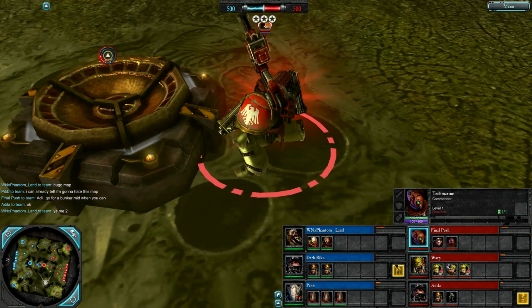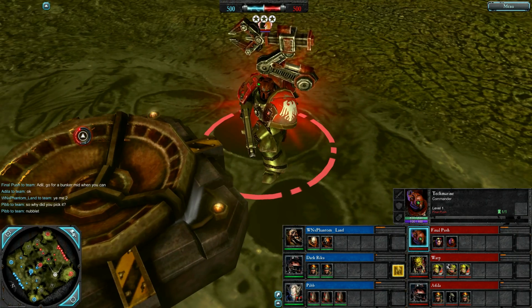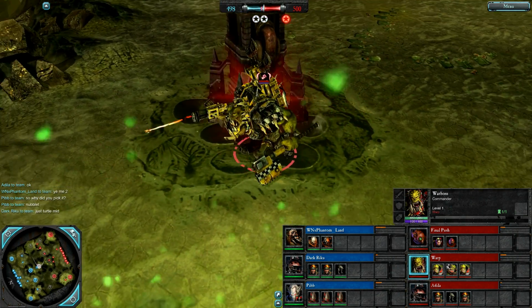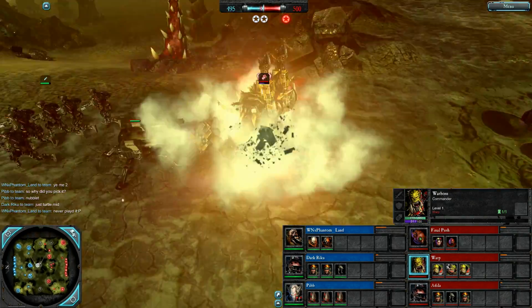Red team, Final Push is a Techmarine. Starts off range combat, puts out some nice damage, also good utility, can build structures and repair. Alongside, Warp is a very angry Warboss, walks through cover, fights in melee combat, very good offense, disruption and support